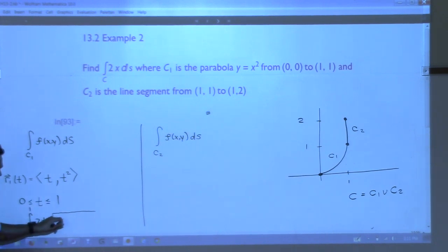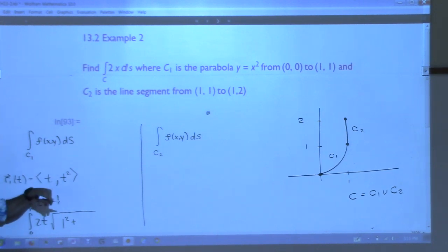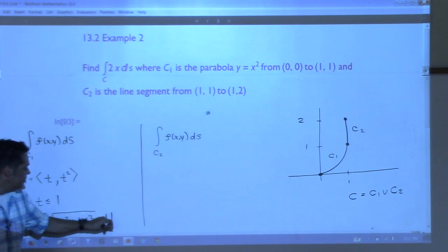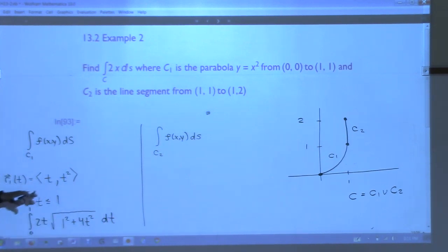So 1 squared plus 2t squared, which would give you 4t squared, and then dt. Perfect. Does that make sense to everyone? Remember, this is our x of t. This is our y of t. So what we did was we took the original function and replaced x with x of t. So that's 2t. Then square root, and